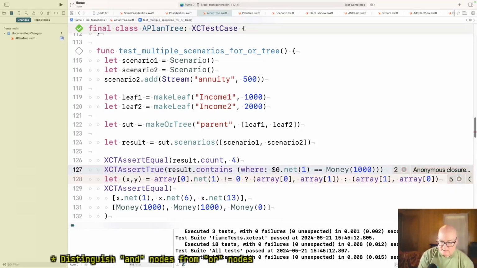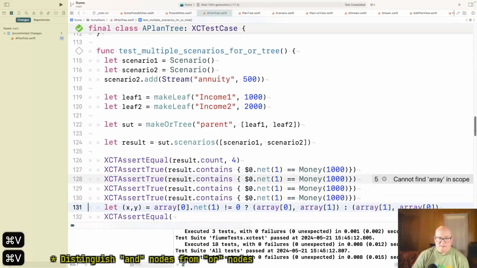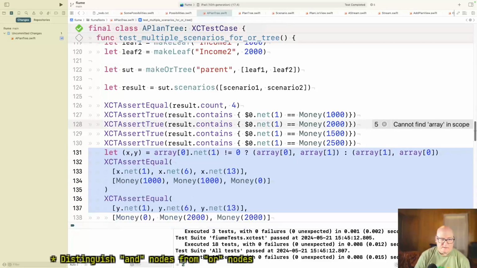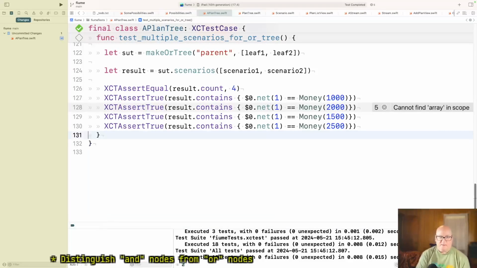And I think I can say this. Okay, so there ought to be one that has 1,000. There ought to be one that has 2,000. Then there ought to be a 1,500 and then a 2,500.